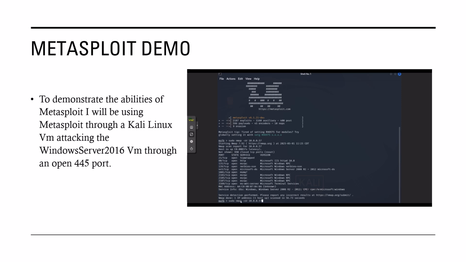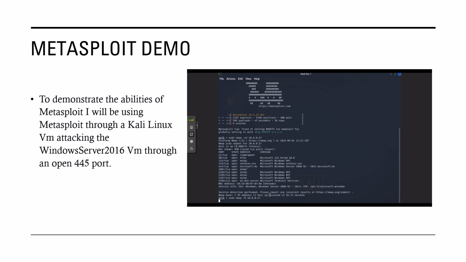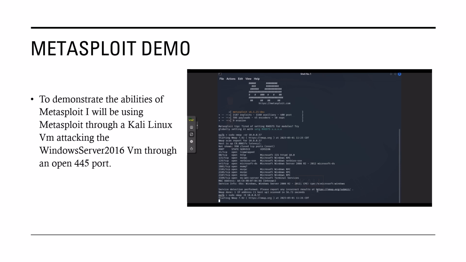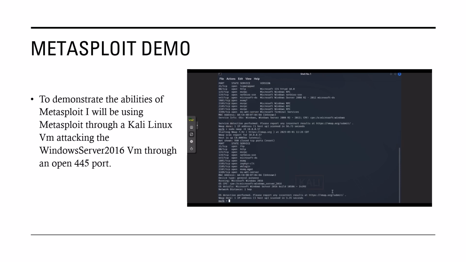One thing I've come to notice is that the service version for the Microsoft DS is 2008 to 2012, whereas when we run the nmap -O command on the 10.0.0.57, this will take a few moments. Once this command runs, we can see that the Windows server is running the operating system Windows 2016, which in theory would mean that our port 445 is outdated. At least the service that it is running is outdated, which means it might be vulnerable to some sort of exploits. So what we can do here, knowing that 445 and the Microsoft DS service is an SMB service,